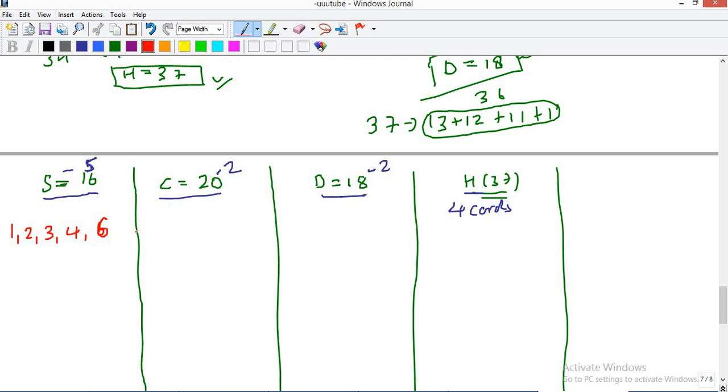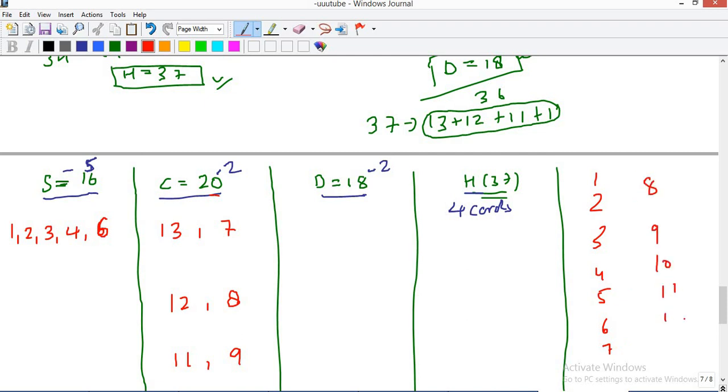Now, for this, I want the clubs to be 20. So what are the possibilities? क्या क्या लिख सकता हूँ मैं? Either I can take 13 and 7, or I can take 12 and 8, or I can take 11 and 9. There are only 3 possibilities. और कोई possibilities तो होंगी नहीं. Even if I write down all the numbers here, let me write 1, 2, 3, 4, 5, 6, 7, 8, 9, 10, 11, 12 and 13. तो जो cases हट गए which have been used already here, 1, 2, 3, 4, 6, I'll cut down that. Okay, so these are the cases.